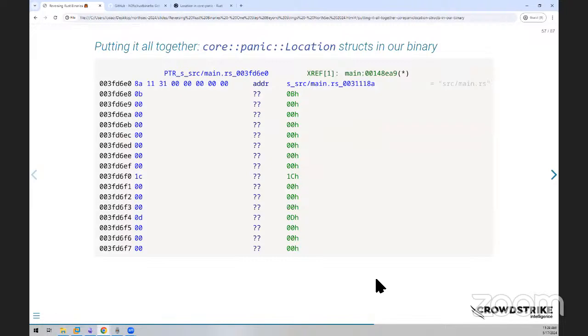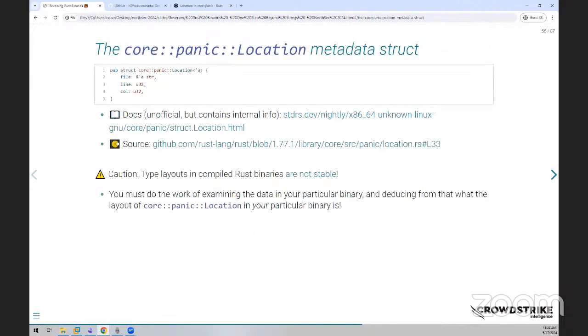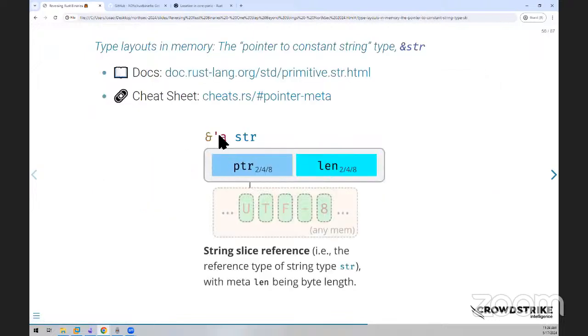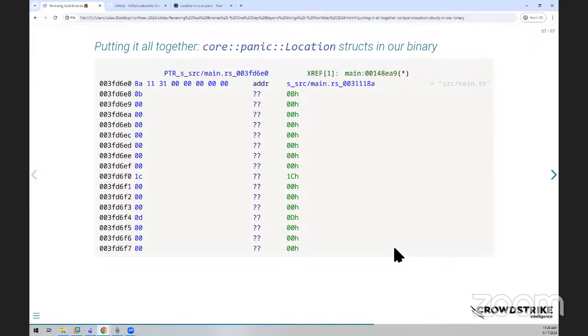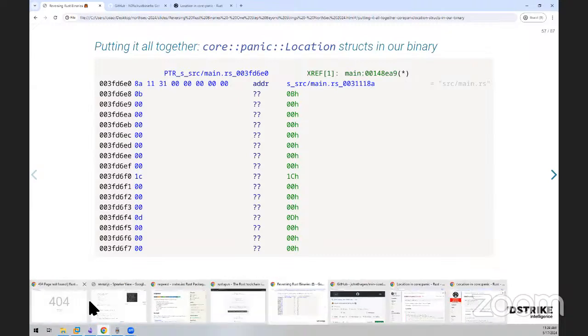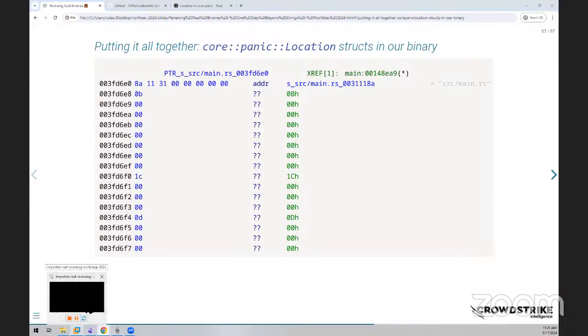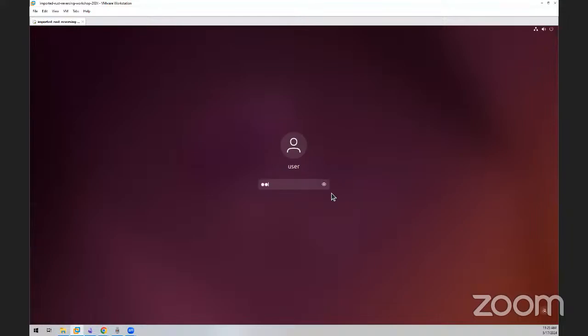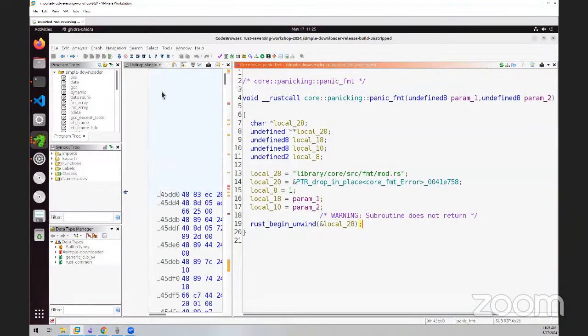We can actually put this all together and find this metadata struct inside our binary. Using the definition that we now know for core panic location, which is very tiny, and using the definition that we now know for how this constant string slice reference is laid out, we can go and actually make sense of where it is in our binary. So let's go back to Ghidra here. Oh God, where's my VM? And if we go one step back here,